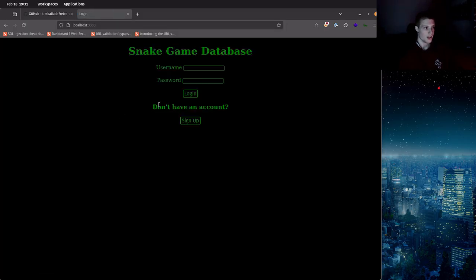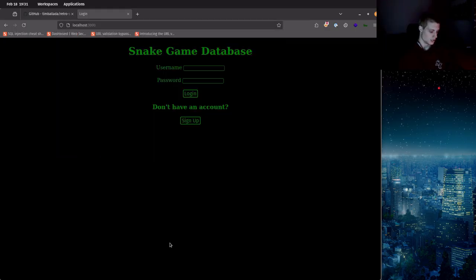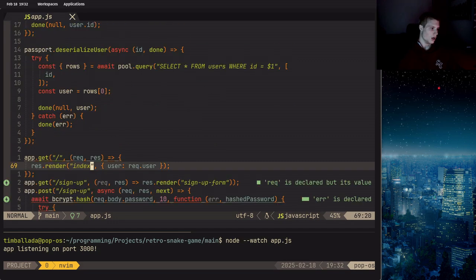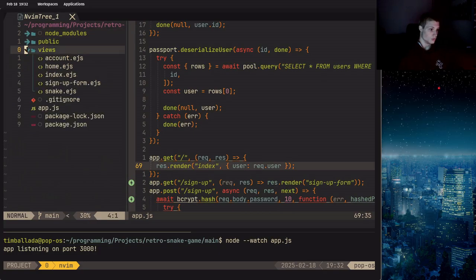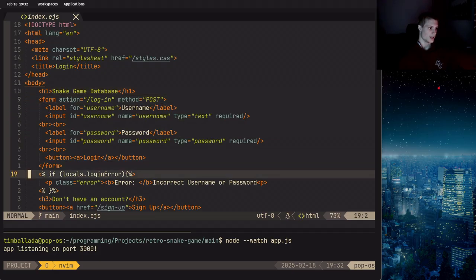So here is the actual website. Right now we are just in the root path. So where can we see that? It's index for the EJS file, and then passing in user, which is request.user, which I'll explain in a second. And so we've got index in the views folder, index.ejs. So this is EJS, which is basically just HTML where you can embed data from the JavaScript environment, and that data is able to be accessed and changed